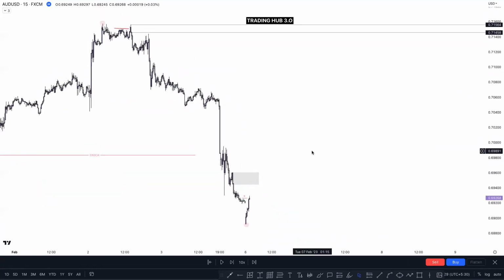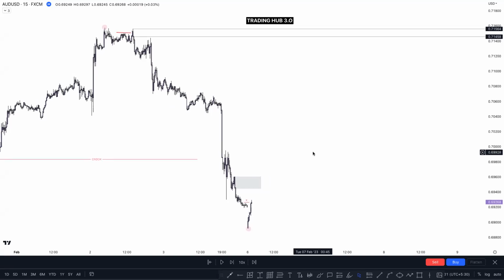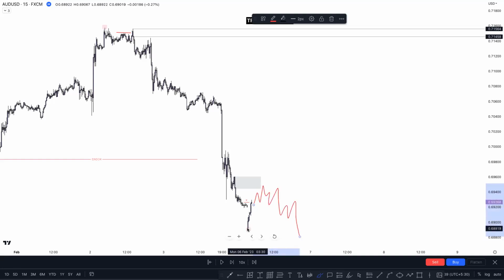Okay, so how can we think in terms of probability? Where is our high probability? The first POI is here, right? If the market taps here and gives any lower time frame confirmation, you can sell here down to this low, right? And the next possible scenario is here. If the market taps here but does not respect anything and continues going higher,